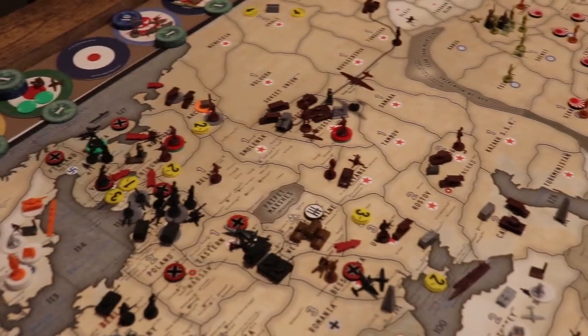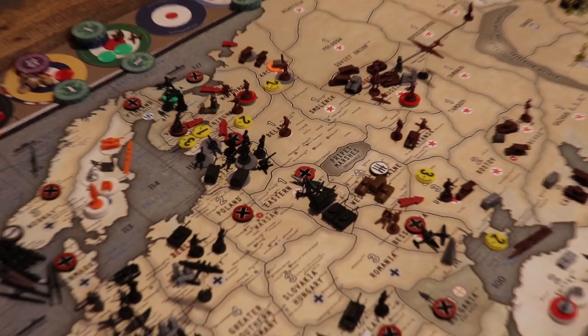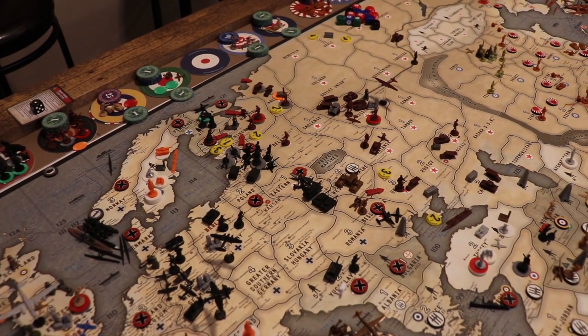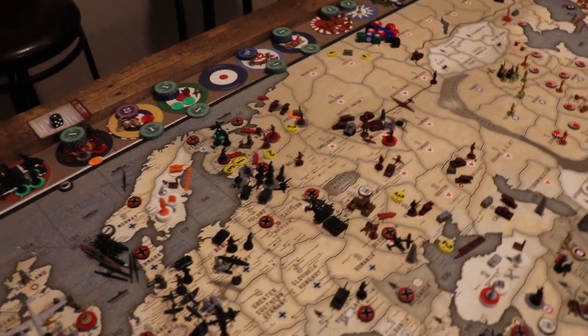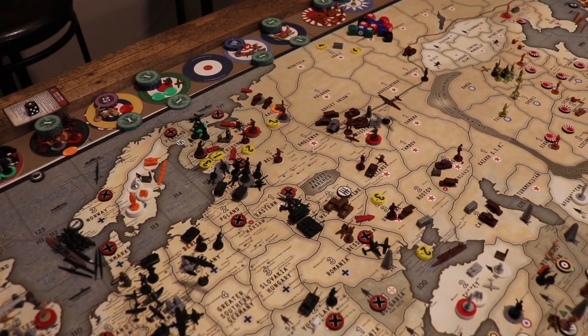Alright, so let me twist it just a hair. Well, I'm just going to go really wide here because I'm going to be bringing the amphib on the north. So let's turn right there. That should get us. Alright, so